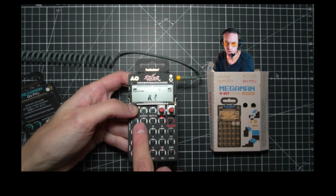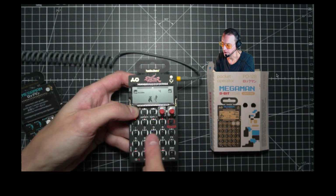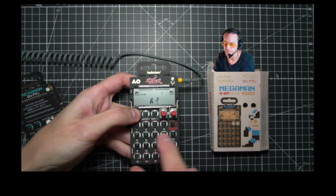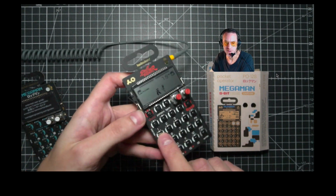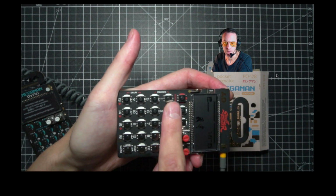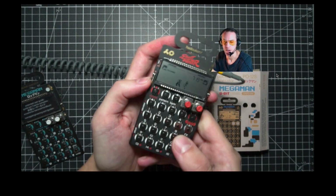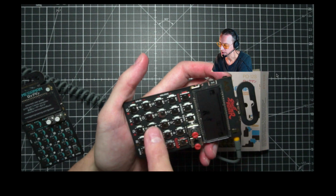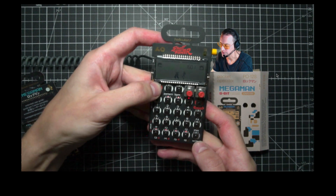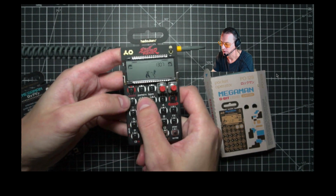So as you can see, the 1, 2, 3, and 4 is lit, but 5, 6, 7, 8 are not lit. So if I press any of these, nothing can be heard because there's no content there. And if you see on the side here, it says melodic. So 1 to 8 are melodic sounds, meaning you can play a chromatic scale, and 9 to 16 are drums, meaning if I select the drum sound, so sound and some of these here, sound 13, for instance, are some drum sounds,